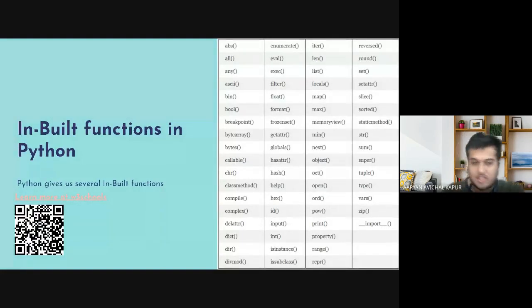So this is a chart of almost all the inbuilt functions, and on the left I've also given you the link to W3 School. That's a great website. I refer to them for these lists. They created them very well, so I just screenshotted it and put it there, and you can scan this QR code. You'll be directly put into this page, or you can simply open this link when I share the PDF, and you will see all these there, and explanations as well.